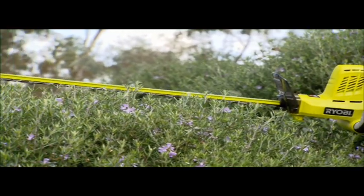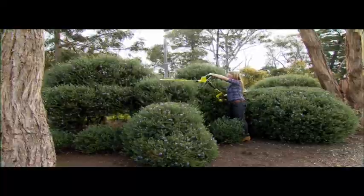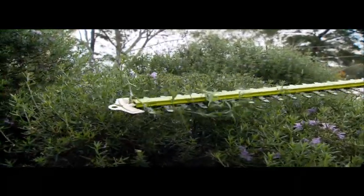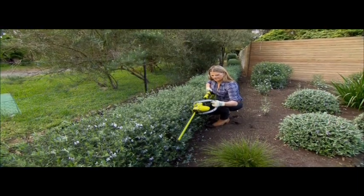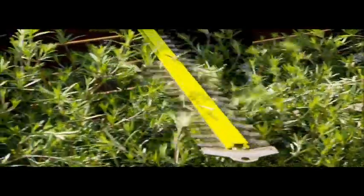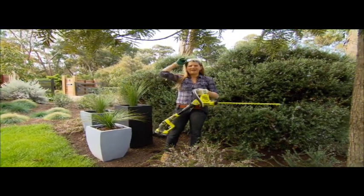It's got a 500mm dual action blade and 16mm cutting capacity. In simple terms, that means it can power its way through quite sizable stems. So you can use it on anything from newly established plants to one of those big old hedges. Now, because it's lightweight and battery powered, it's super easy